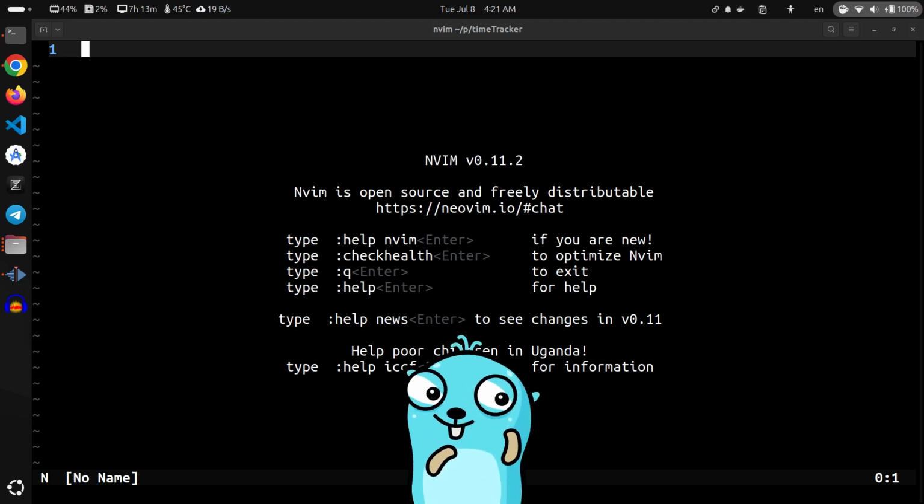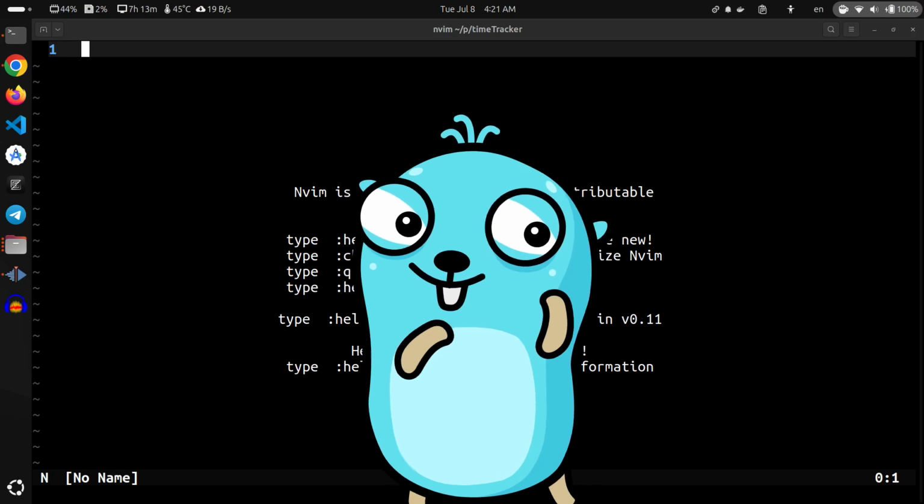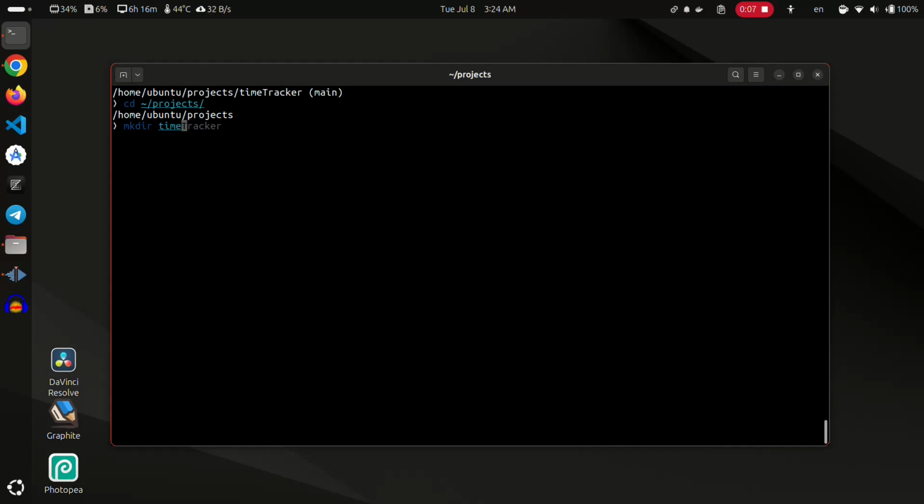Today I felt the need to track my time on my work computer. So I created a new simple Go project to log the total time I spend on the work computer. I created a directory and got inside it,